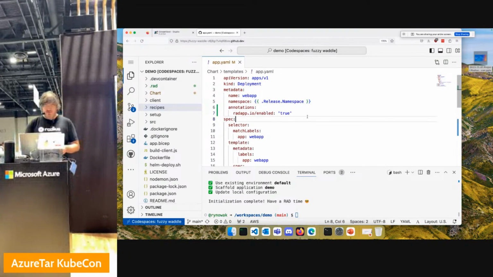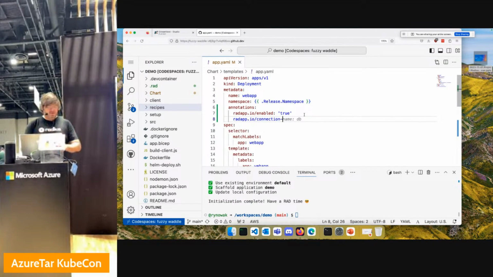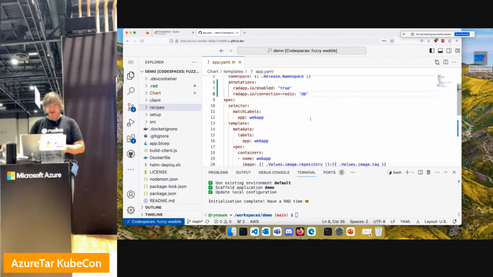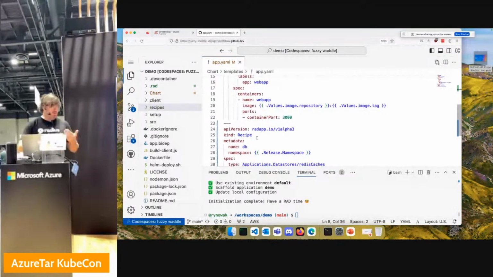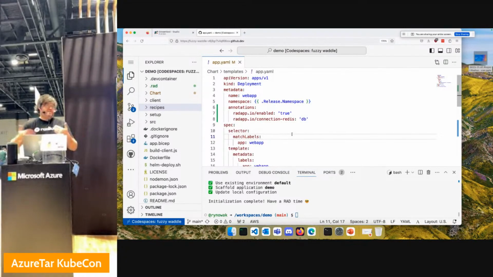The second thing that I'm going to do is declare a connection. So radapp.io/connection. I'm going to give that connection a name. The name is going to be Redis in this case. Connections are named because you can have as many as you want, and we use that name to generate settings for you. And then I'm going to say that connection goes to DB, which is this CRD recipe that I defined down here. So I'm saying that this Kubernetes deployment is going to be connected to that recipe